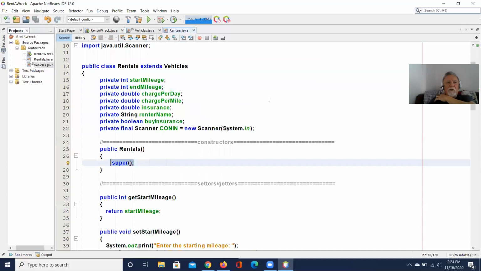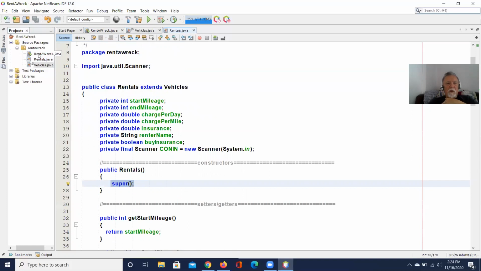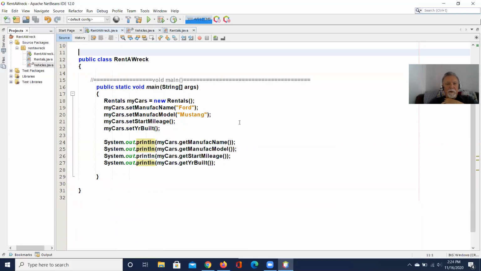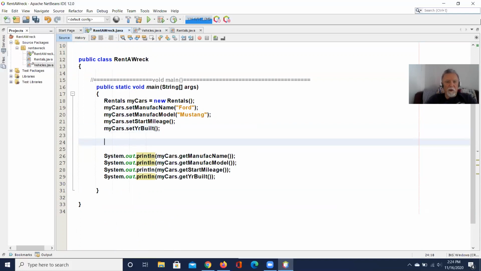All right. So again, I think you see, we have different levels where we could control stuff. We could go over to our rent-a-wreck here. And again, I'm just doing this as an example. I'm not promoting that you should do this, okay? I'm just saying that I want to show you 3 different places that we could control this program from. We could put here,